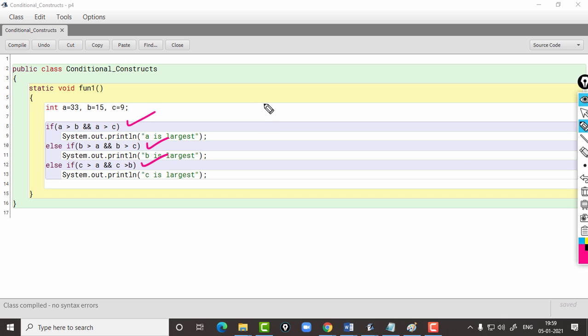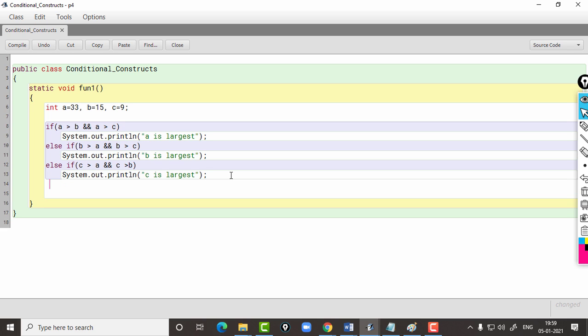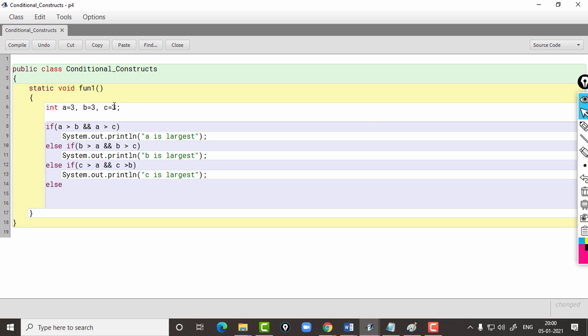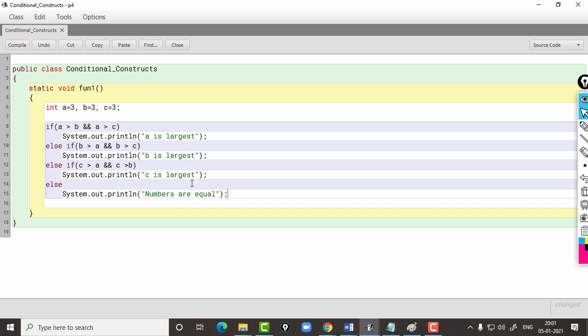And let us say if all the conditions fail here, then we can write a statement here that the numbers are equal. So, the output for this should be